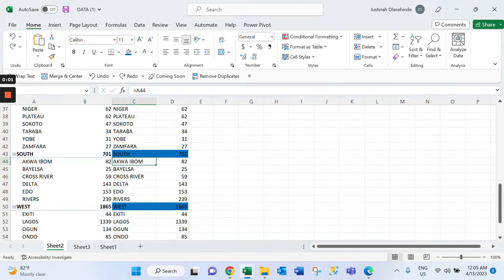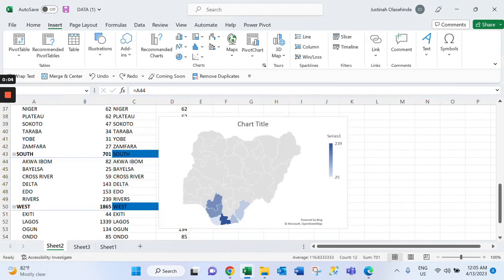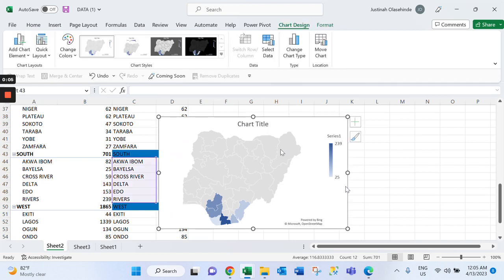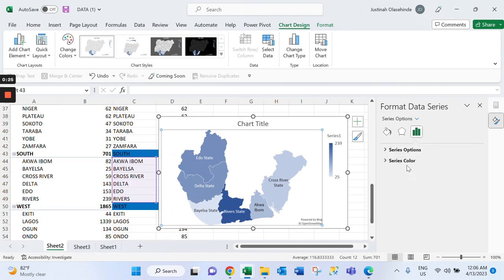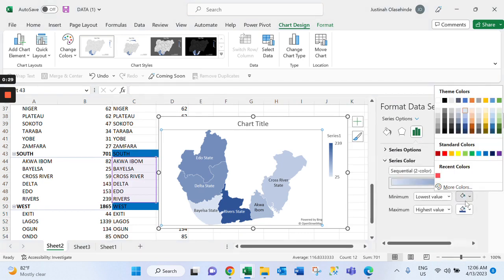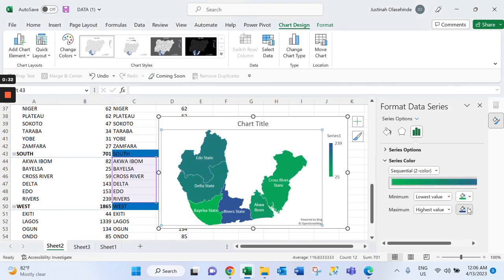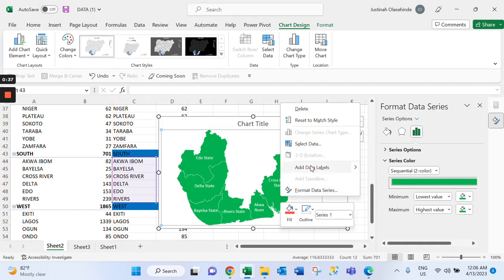So the next one is our south. So highlight it, go to insert, the map, the only region with map, this, show all, and then I'm using color green, this, then this. So add your data label,